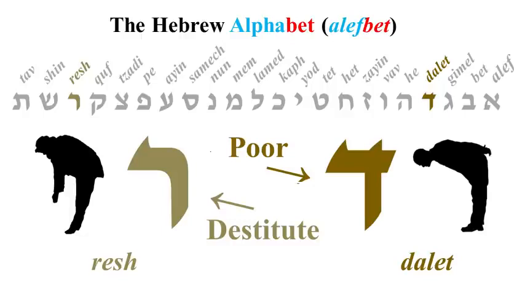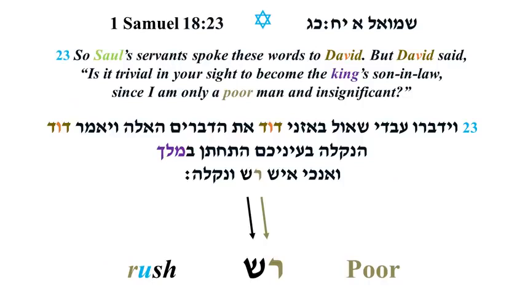In 1 Samuel 18:23, it says, "So Saul's servants spoke these words to David, but David said, 'Is it trivial in your sight to become the king's son-in-law, since I am only a poor man and insignificant?'" That word poor, destitute, is rush. It's a resh and a shin. And you see it there in the Hebrew. We also see it in 2 Samuel